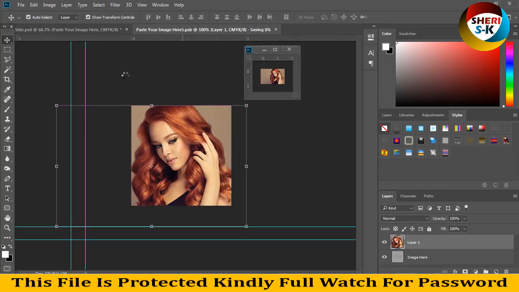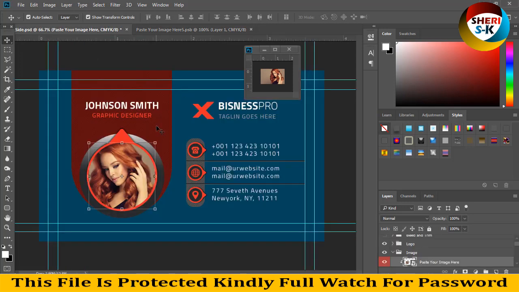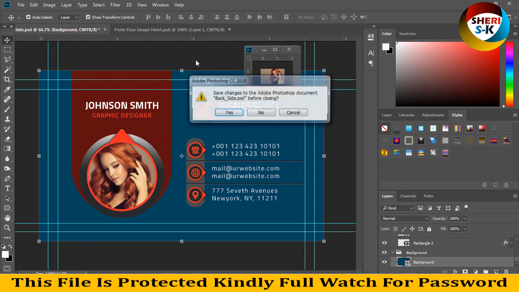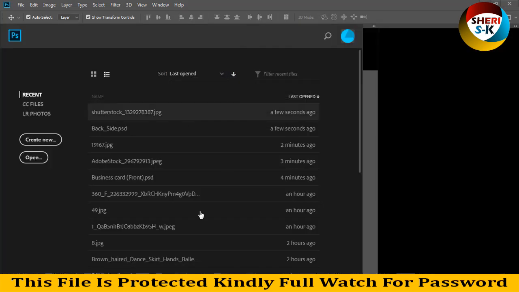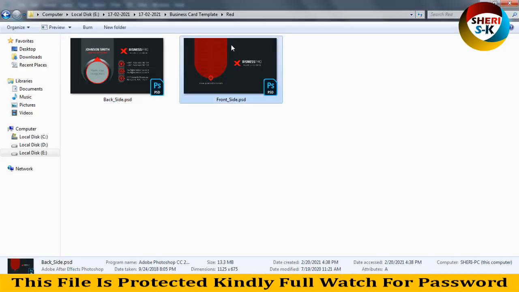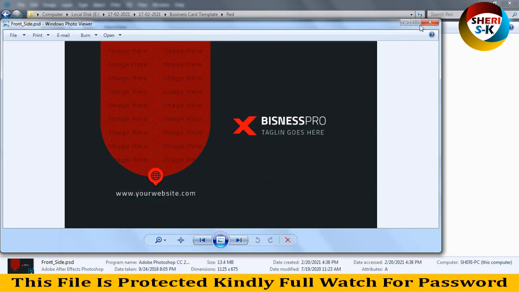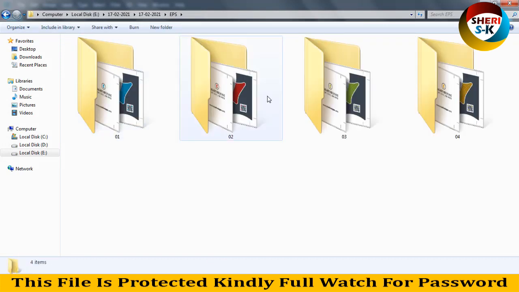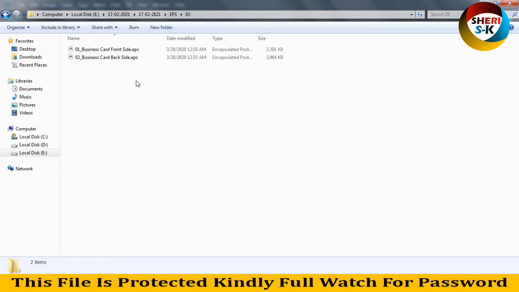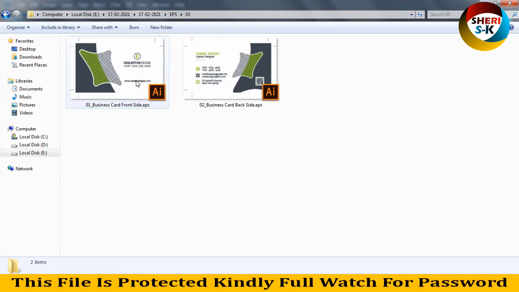Control S, and you see there your image in card. Write your any text. Okay. Back side is simple, just put your website, and here is AI file, this file for requested, and this time